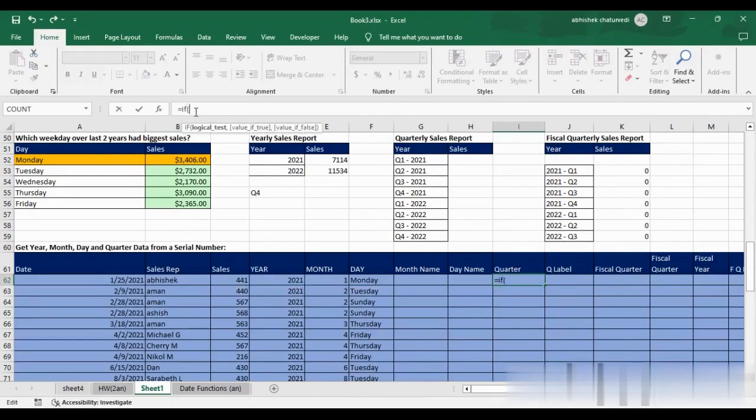Inside the IF, there is a parameter, the logical test. So firstly I select this value and type less than or equal to 3. This is my condition. If this condition is true, then my cursor moves on to the parameter value if true, and here I type the quarter 1,